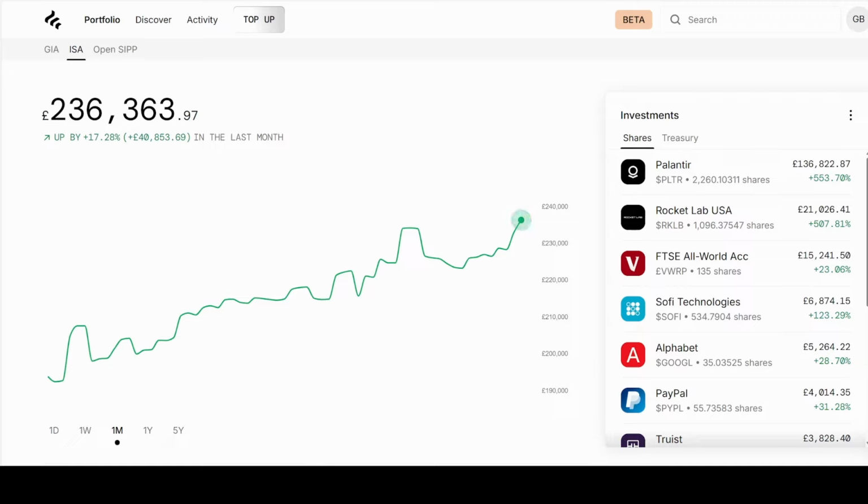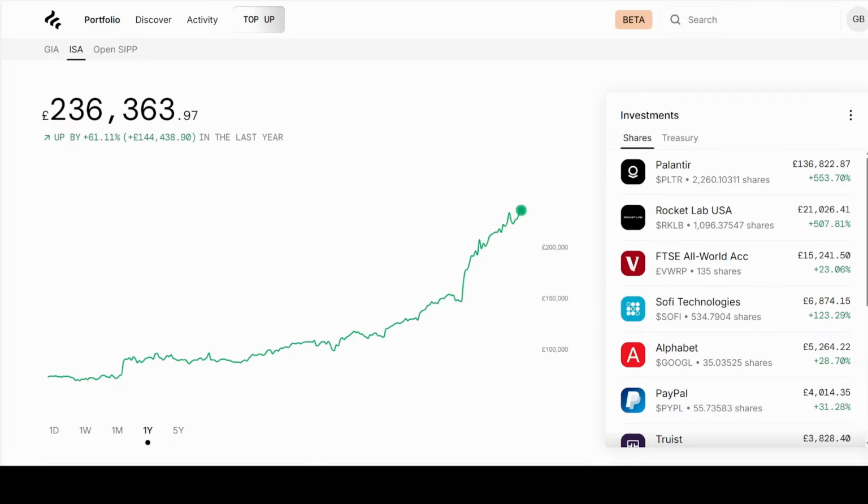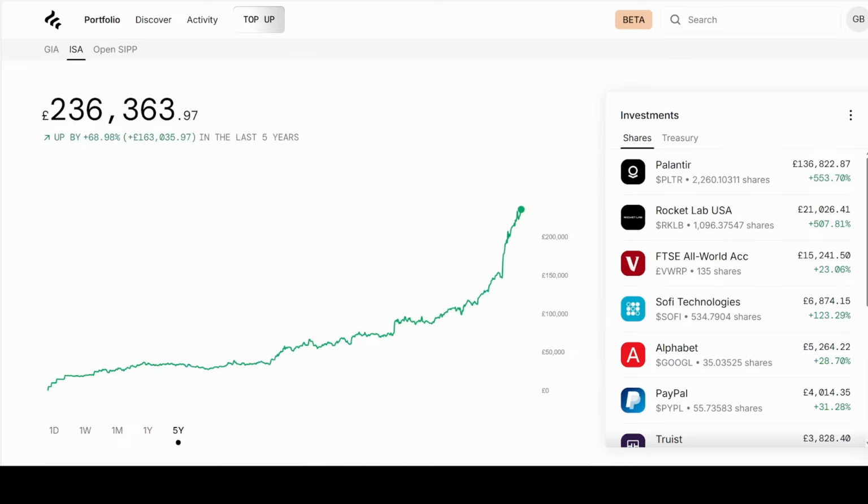Let's jump straight into the Freetrade ISA. So the value of this is £236,363. And just in the past month, this portfolio is up by 17.28%, or the equivalent of £40,853. Just taking a look at the past year, the portfolio is up by 61%, or the equivalent of £144,438. And just looking at the maximum essentially time horizon of this, my portfolio is up by essentially 69%, or the equivalent of